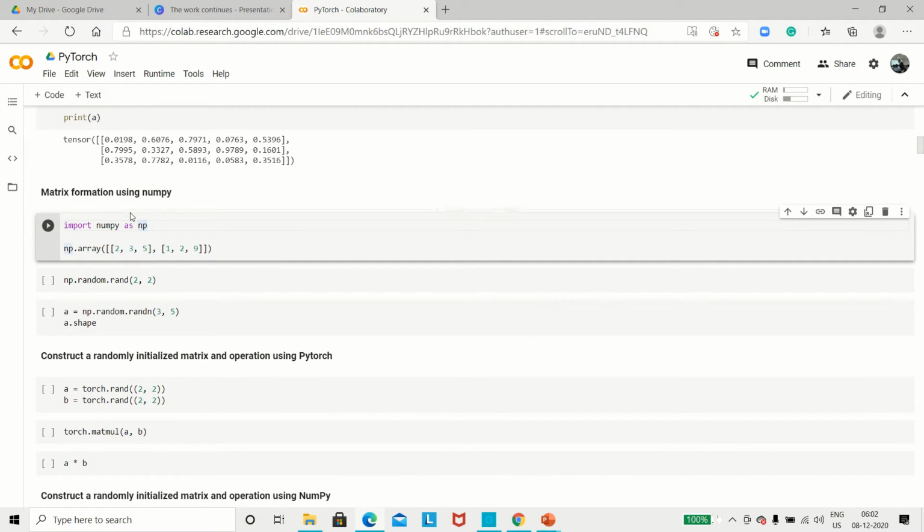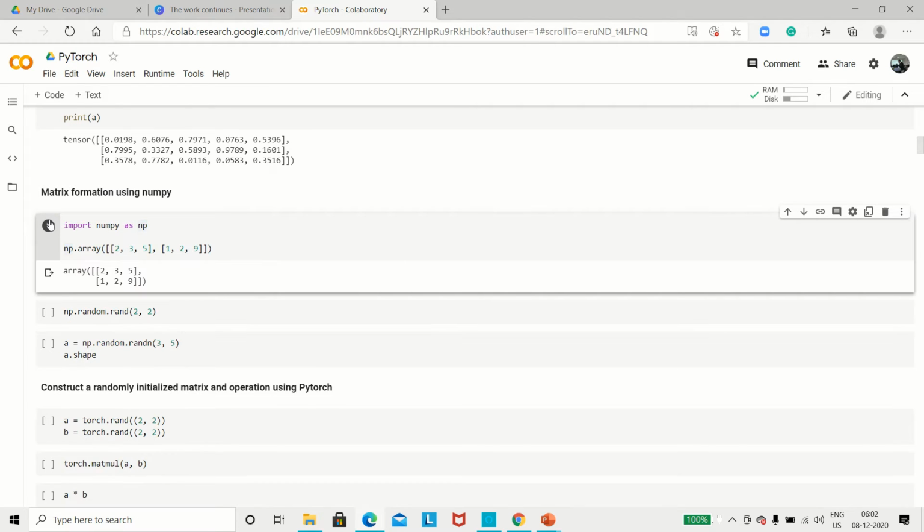np, as I told you, is the context for using NumPy, so that you don't have to type NumPy again and again. You can type the small form np and the work is done. So I will say np.array. Earlier, when we were using the PyTorch library, it was torch.tensor. So torch, the module that you are working with, and instead of the array word, we used tensor earlier. So now np.array, and you can mention the prescribed values of your matrix. So you run this, and the matrix or the array of prescribed values is there in front of you.